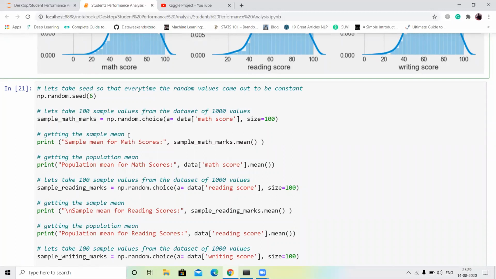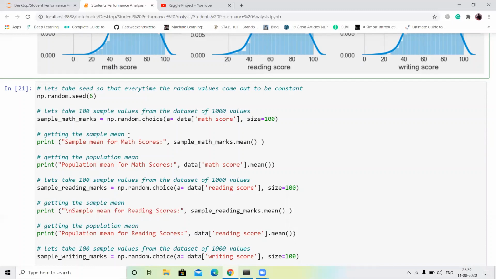Next, I plot the mean of all the marks: math score, reading score, and writing score. First I define what a population and a sample are. A simple example: think your mom cooks chicken. She puts lots of things in it, like onion, chicken and masala, and then the chicken is ready.